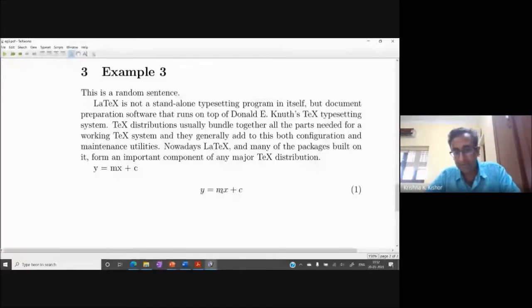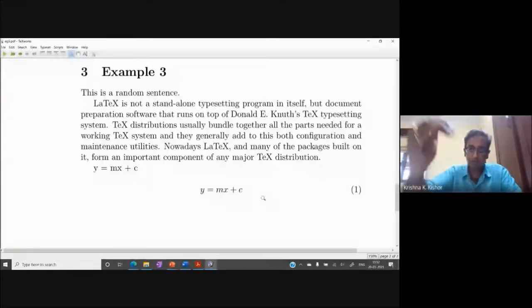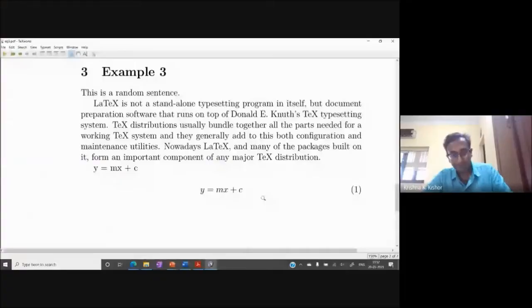When you go into math mode, all the letters become the italicized version, and begin equation, by default, puts it in the middle of the page.